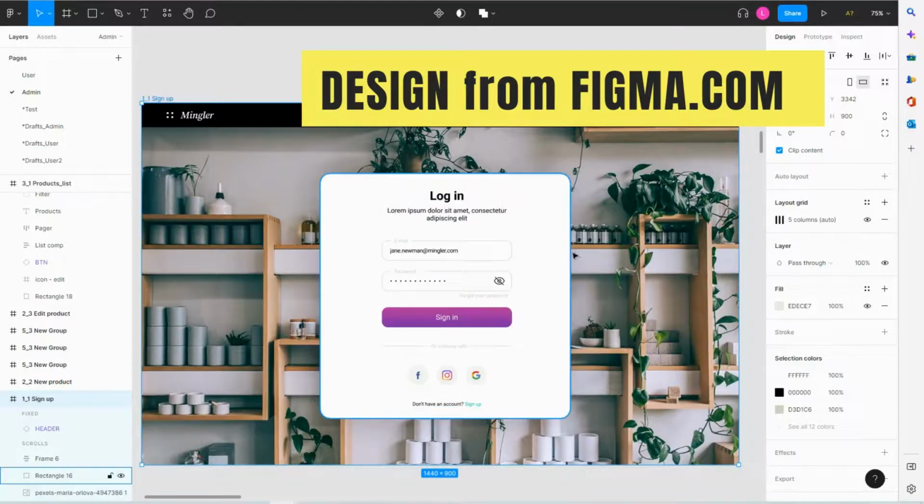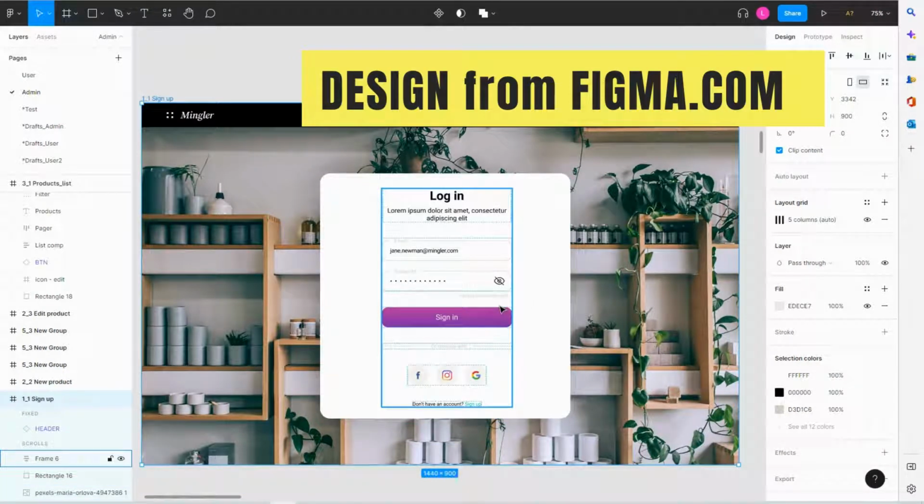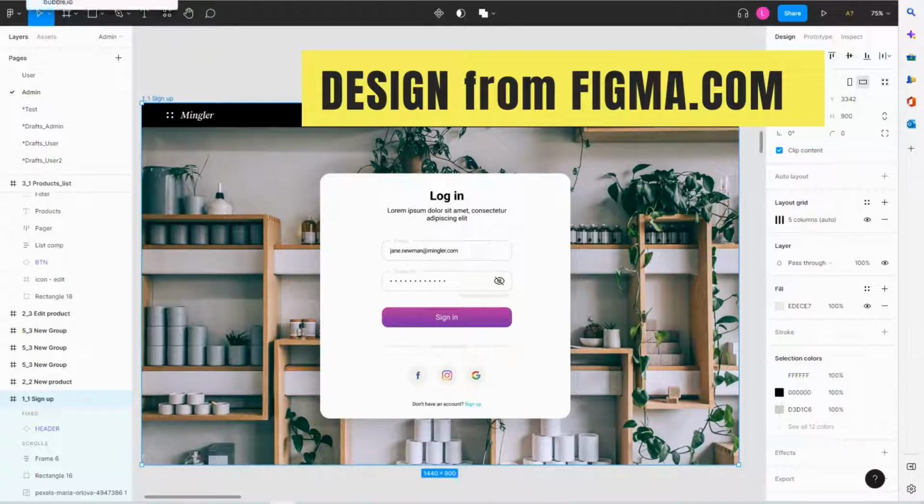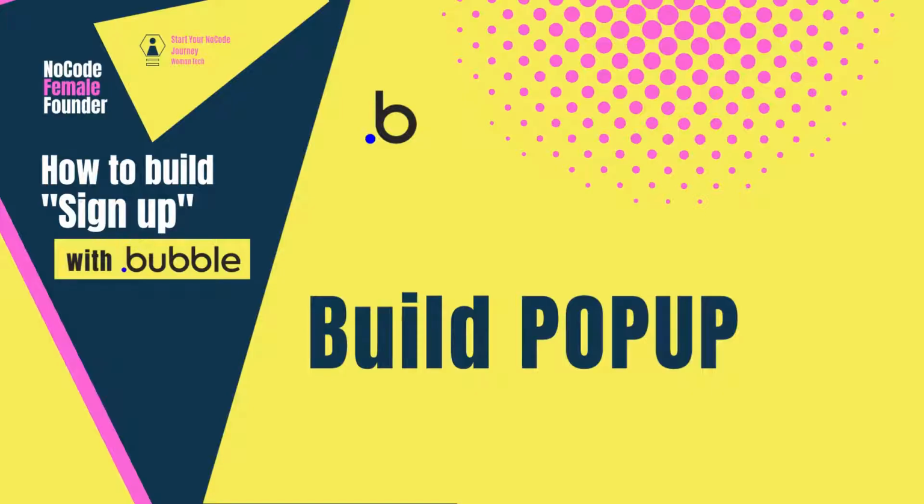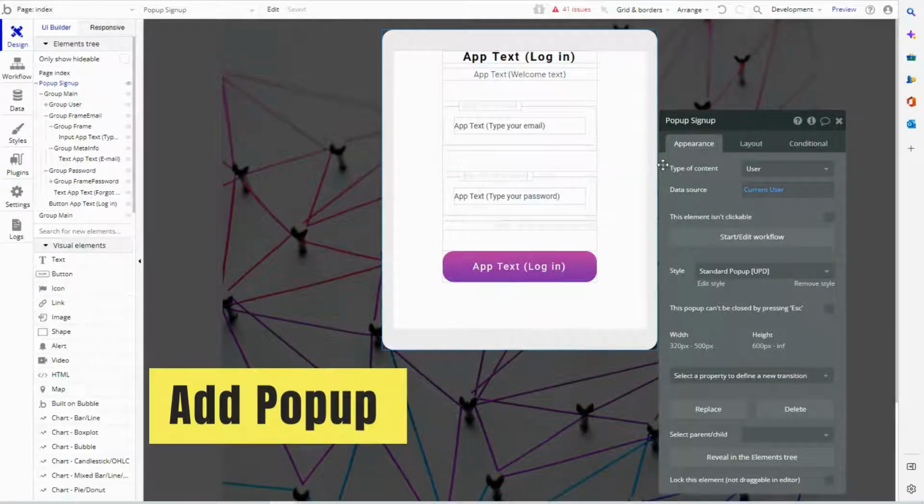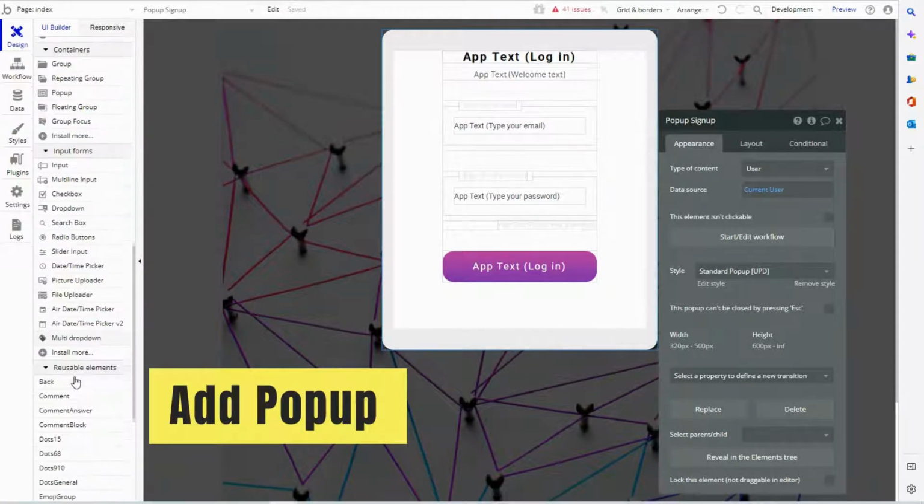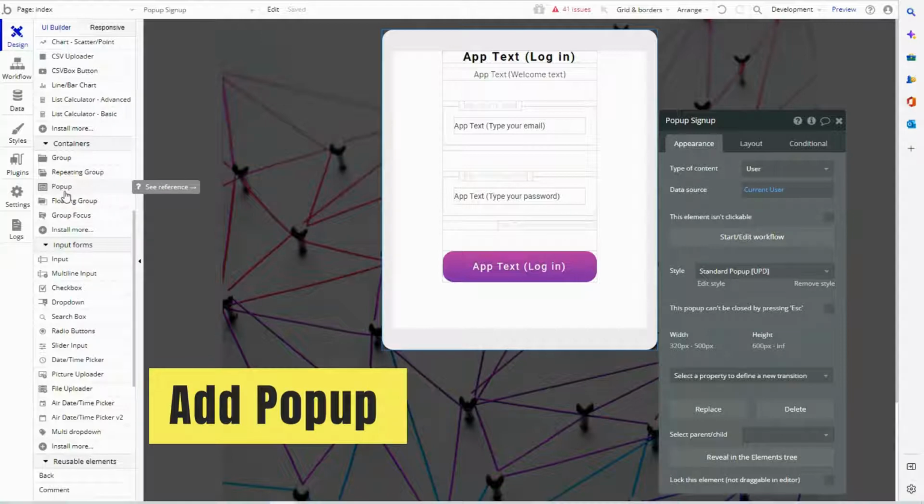This is a Figma design for the app, and I want to transfer it to Bubble. I have already done some bits and pieces. First, I have added a pop-up by clicking pop-up. Here it is. Adding the pop-up, then renaming it to the sign-up pop-up, changing the type of content to user and